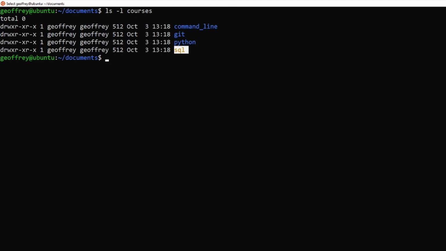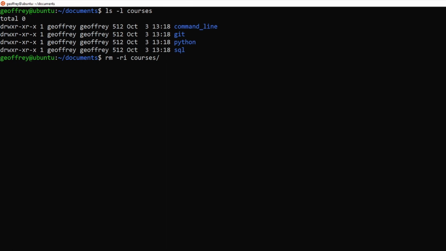So what we would like to do is delete the directory SQL along with any contents it has. To do that, we can enter rm -ri courses/SQL. But let's say instead of entering the command correctly, we leave off the SQL part